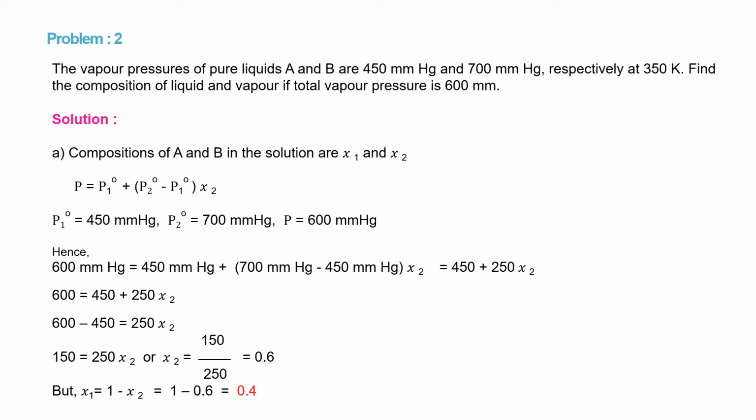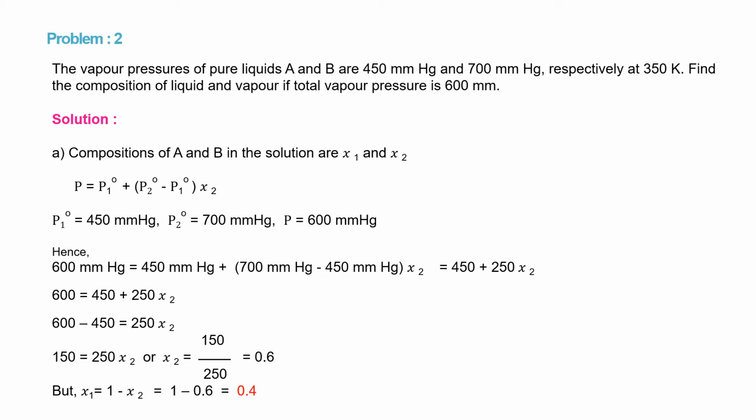So X1 is equal to 1 minus X2, which is equal to 1 minus 0.6, which is equal to 0.4. So see, this is nothing but your sum based on the relative lowering of vapor pressure, on Raoult's